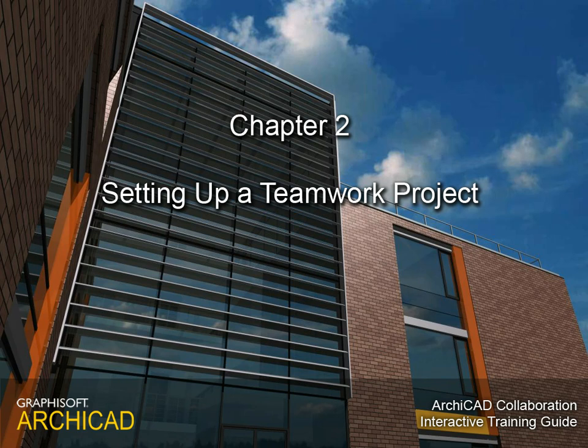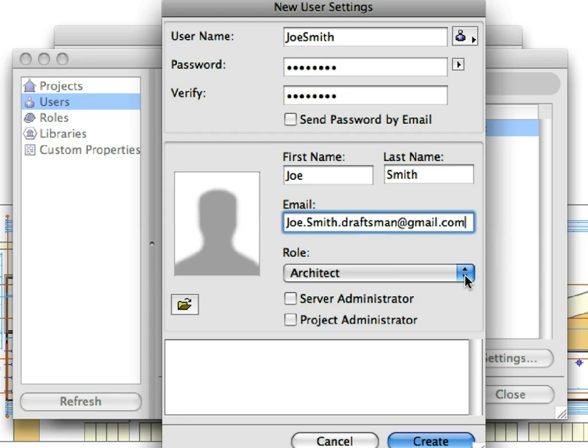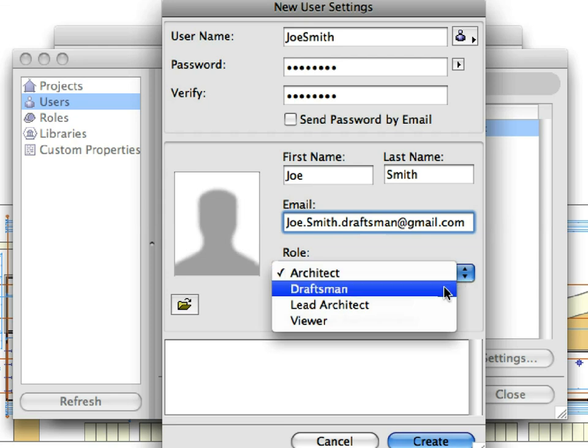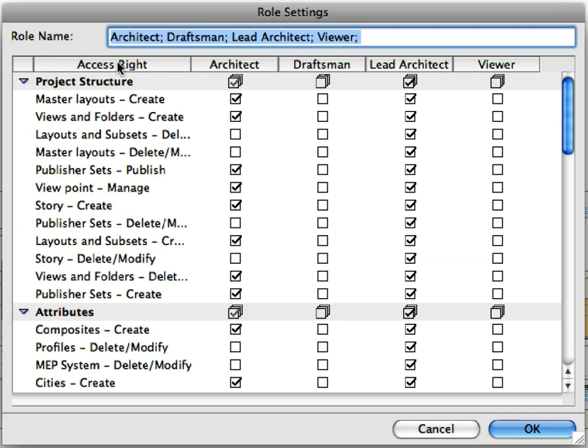Chapter 2. Setting up a Teamwork Project. In this chapter, we will learn about the basics of setting up a shared teamwork project, including sharing the project, plus defining global users and roles. We will mainly work with the BIM Server Manager application, as this is the place where these server administration tasks